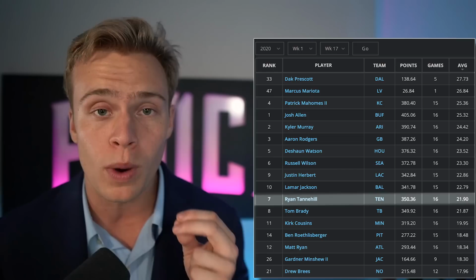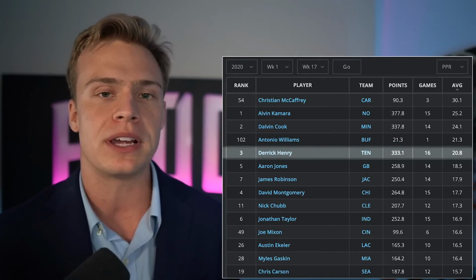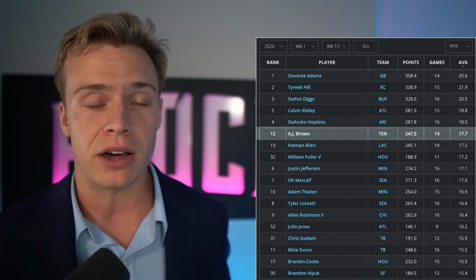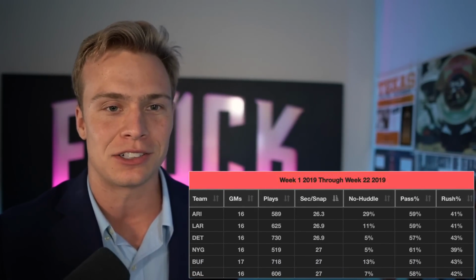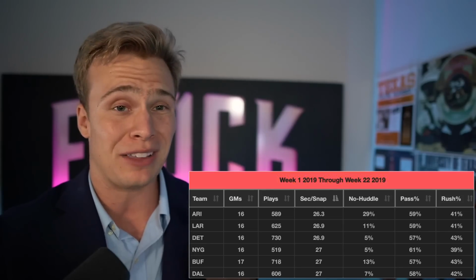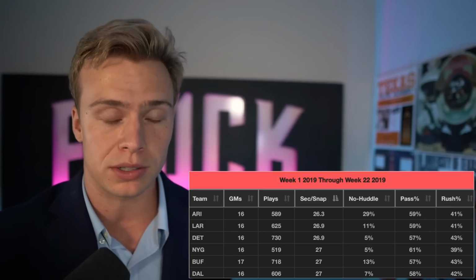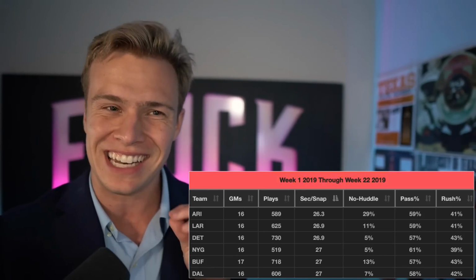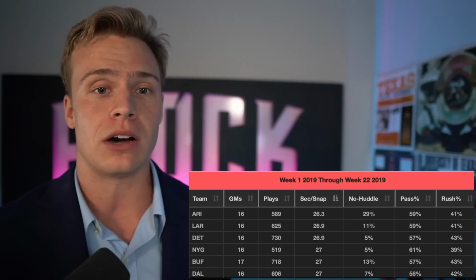In Tennessee, Ryan Tannehill posted a top 12 season here at the quarterback position. Derrick Henry, of course, was the top 3 running back. A.J. Brown was the wide receiver 7 on a per game basis as a second-year player. And in 2019, we can see that there are some other top offenses. You have the Rams, the Cardinals, you have Matthew Stafford in Detroit, you have the Giants, which is surprising, but think about Saquon Barkley in that year, and you have the Buffalo Bills as an indicator of maybe this should have been the elite offense that we are expecting to break out all along.